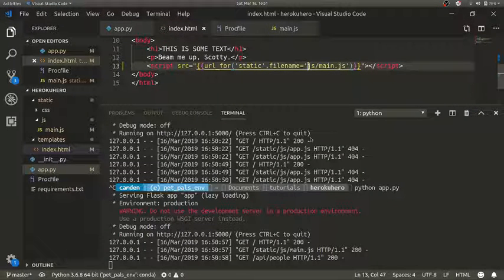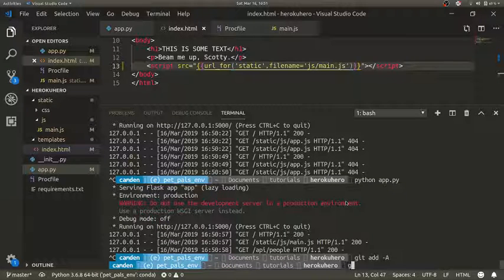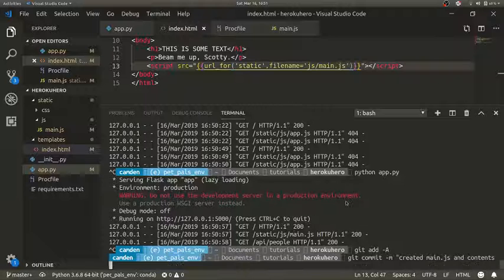Okay, so again, we've hit this meaningful milestone of work. So let's go ahead and kill our server. Git add -a, git commit -m, created main.js and contents linked to